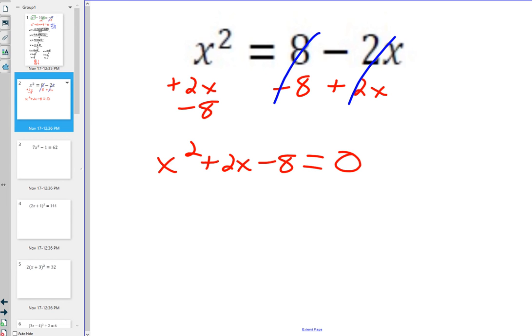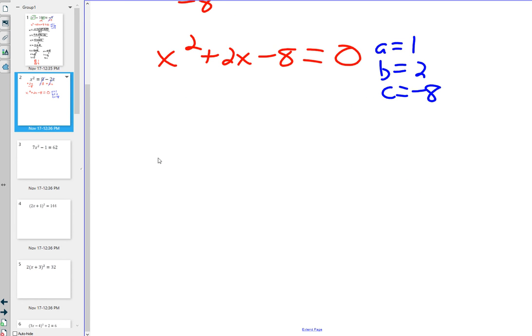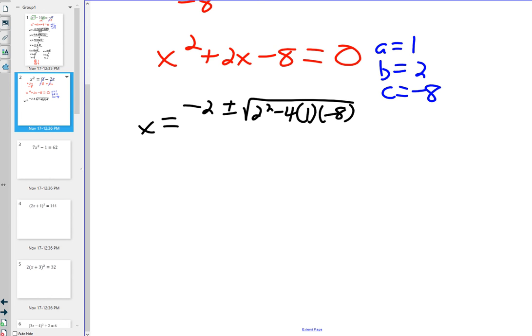Factoring can be quicker, but factoring requires you to use your times tables. I know that positive 4 times negative 2 gives me exactly what I want here. It multiplies to give me -8, and it adds up to 2. But a lot of you still struggle with that, so let's just use quadratic formula. Nico, if b is 2, what am I going to write first? Negative. -2 plus or minus the square root of 2 squared minus 1 times 1 times -8 over